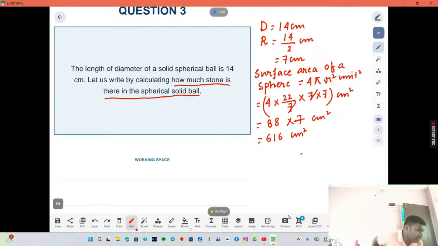Another question is given: let us calculate what is the cost of coloring the sphere at rupees 2.50 per square centimeter. Therefore, the cost of coloring